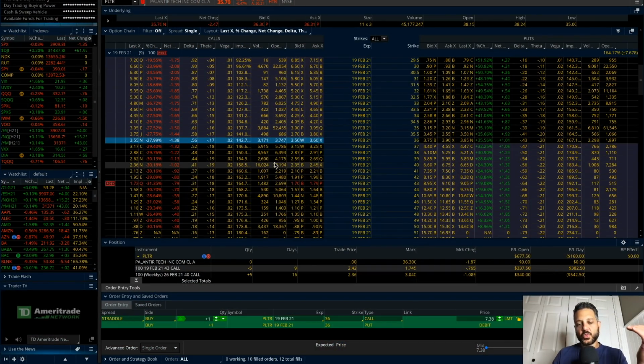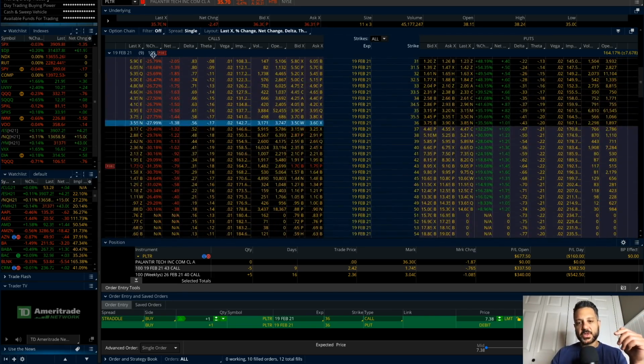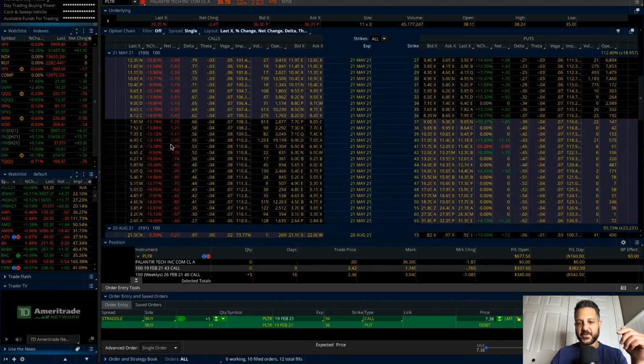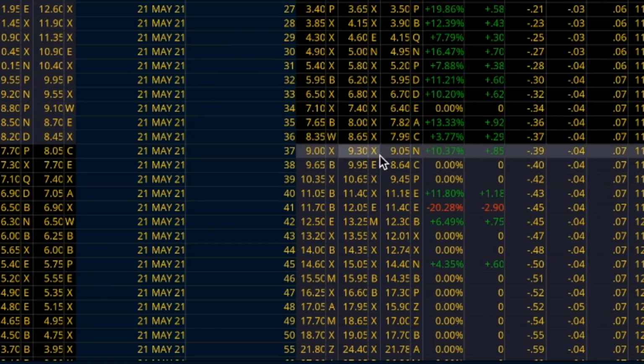Now, another thing you could do with Palantir is sell a cash secured put. You can see that because Palantir dropped almost 7% today, the value of puts shot up, because of the relationship between puts and stock price: when the stock price goes down, the value of puts goes up. So in this case, what I would do is go further out. Maybe let's check the April-May timeframe and see what we can sell. Yes, the puts are giving us some juicy premiums here. You can, as a matter of fact, sell something like the $35 put for